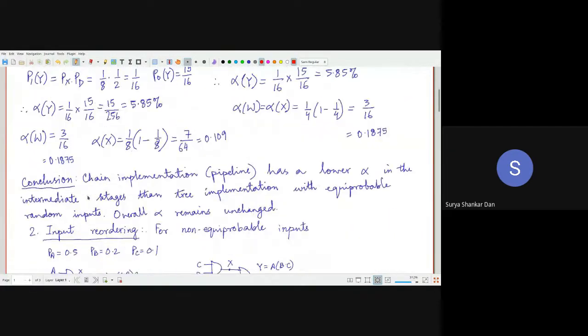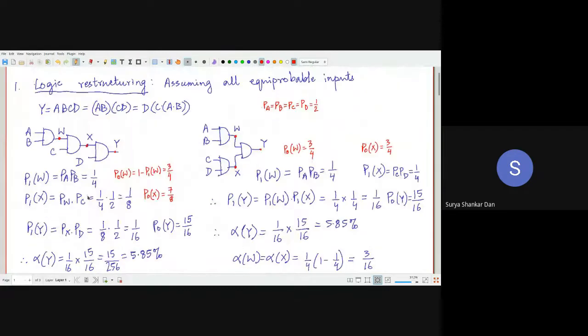The mistake which you will make is, whenever I ask you to estimate the power consumption, you will only find the power consumption at the output node. These intermediate nodes are also switching, right? They are also consuming power. They will also have capacitances. Why are you only thinking about the load capacitance here? There will be capacitances there also.